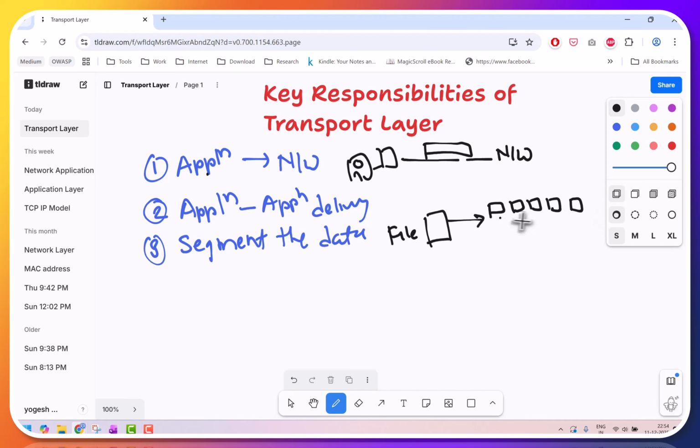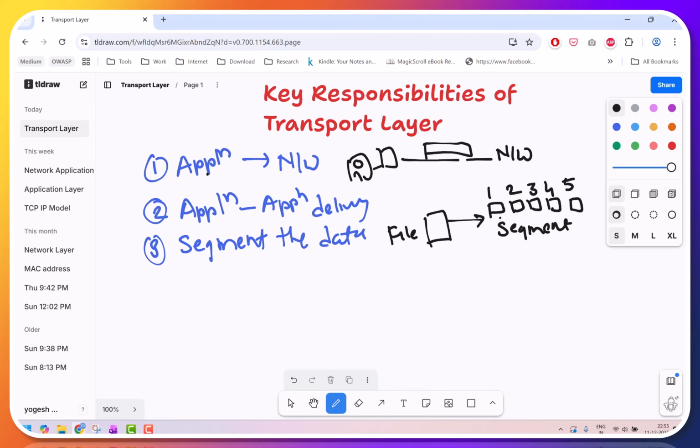These chunks are called segments, and they are sequenced, so that when they are received at the other end, the receiver follows that sequence and assembles them. Think of it like a big book sent in multiple envelopes, each envelope numbered, so the receiver can assemble the book again at the destination.